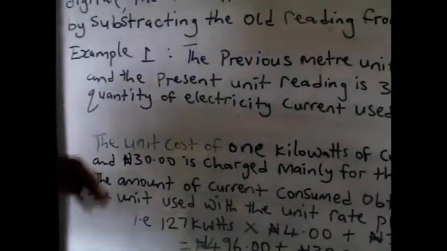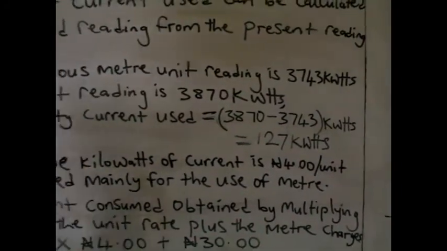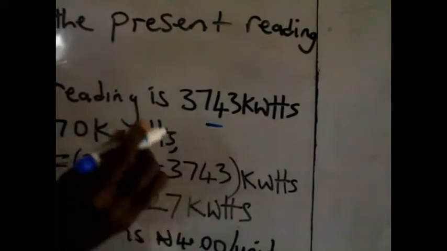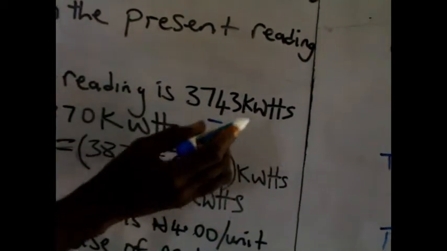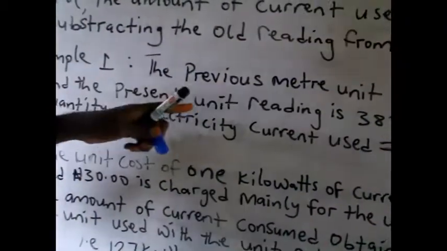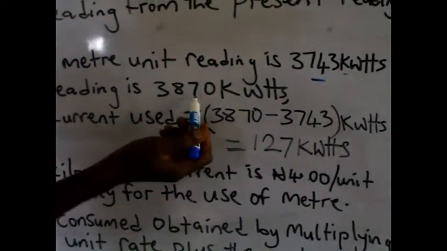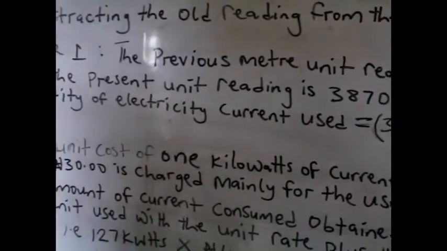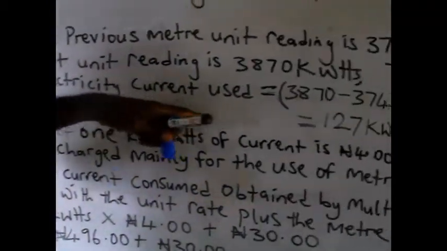Example 1 says, the previous meter unit reading, please note that this was the previous one, is 3,743 kilowatts. This stands for kilowatts. And the present unit reading is 3,870 kilowatts. Now what you do in order to calculate the quantity of electricity current used,